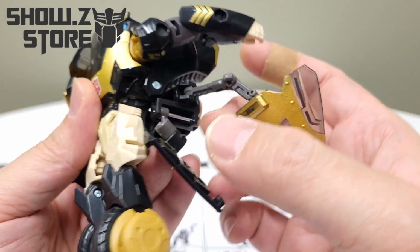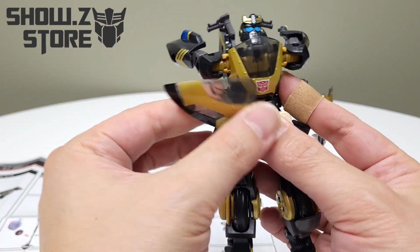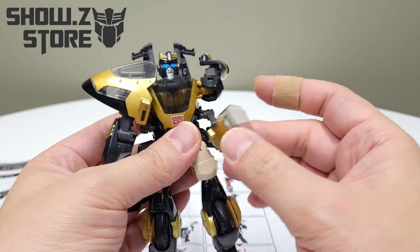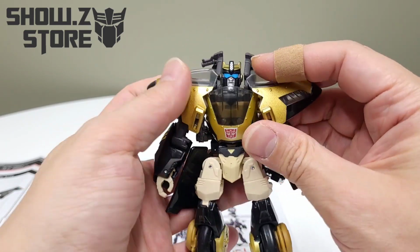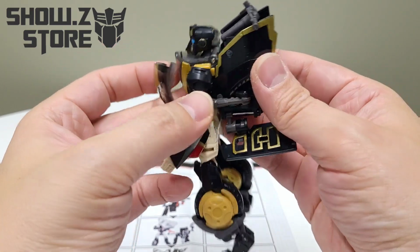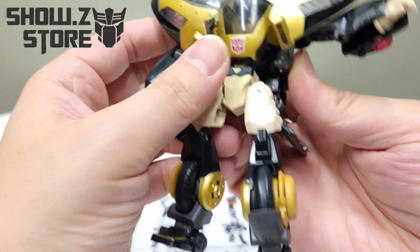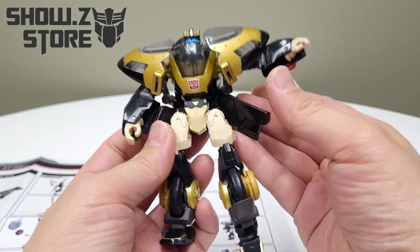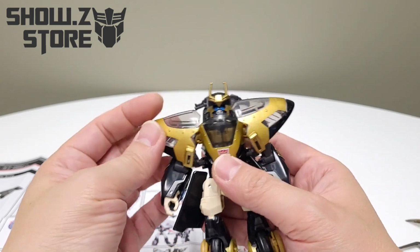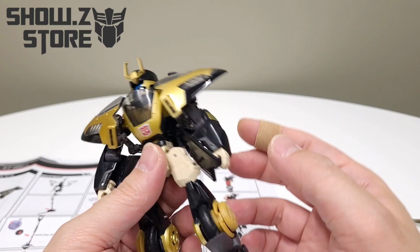There's a little tab right there, but I don't see any place really where that's supposed to go. I mean, I guess that's it. I guess that is it. And then you give him the helmet, which I, again, said is really nice. He looks good, but these are just on these ball joints that, yeah, I guess this is it. Yeah, he looks nice, but I do wish